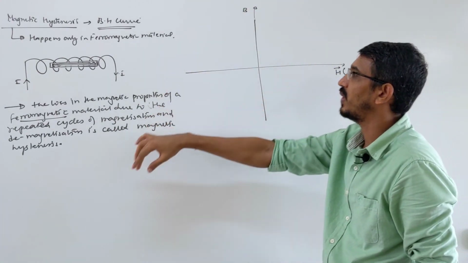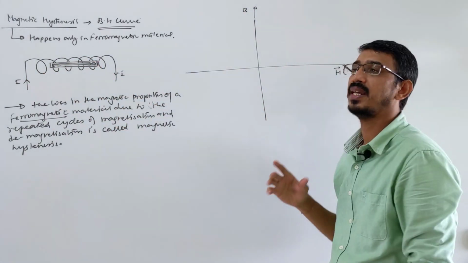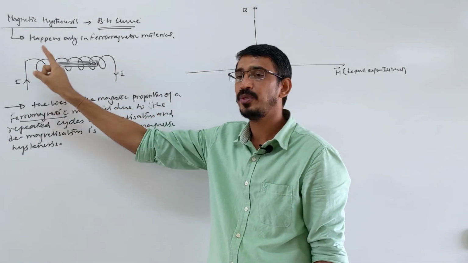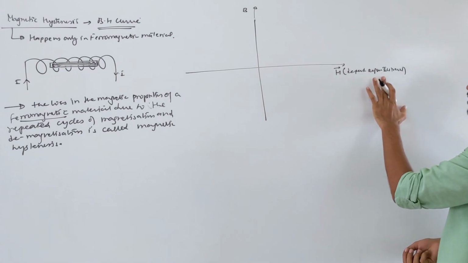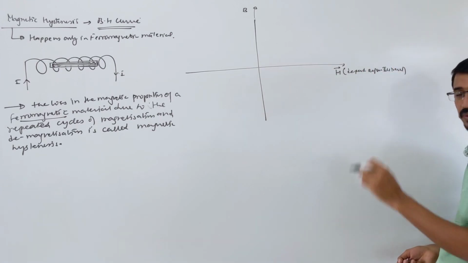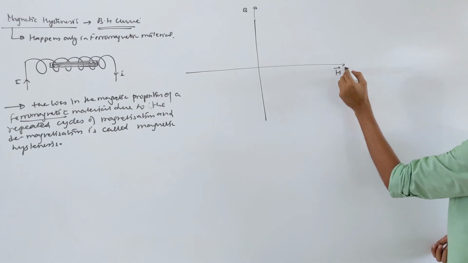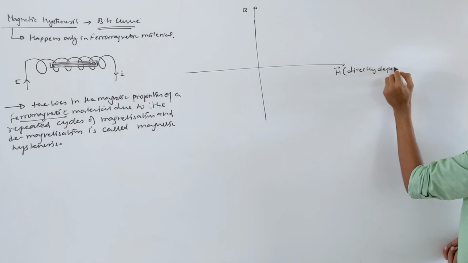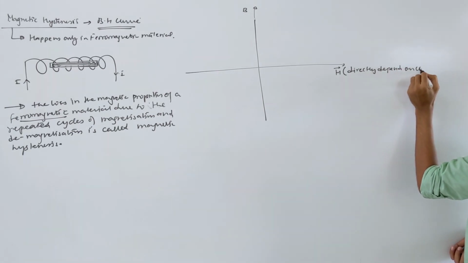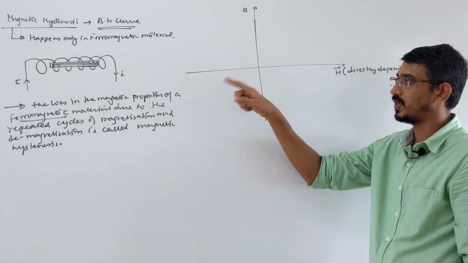Look here once more. B is the magnetic field developed in our material, which we are magnetizing, and H is the magnetizing field produced by this solenoid. It is an external field, and it is proportional to current. So I said you can write current also here to understand. So simply let's write it clearly: it directly depends on current, how much current we are passing through that solenoid. This is the magnetizing field produced by the solenoid.